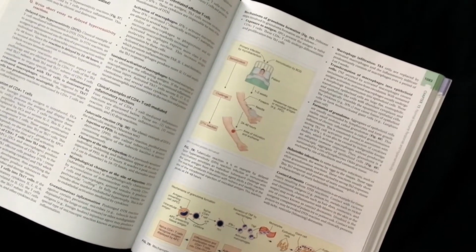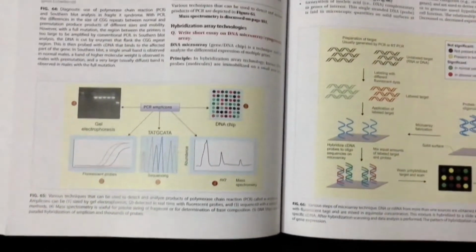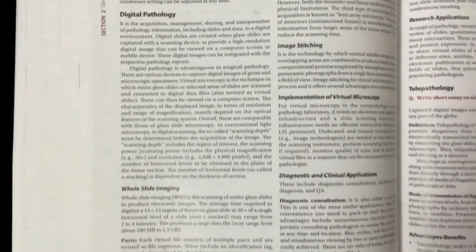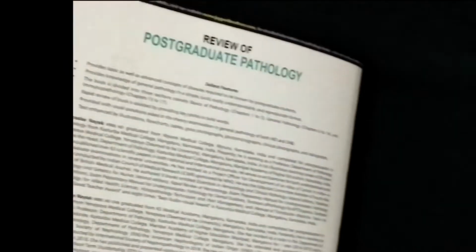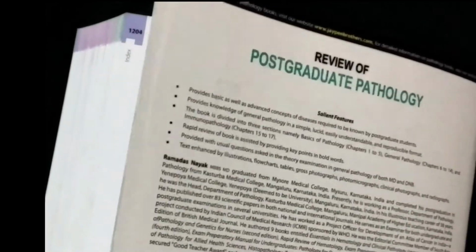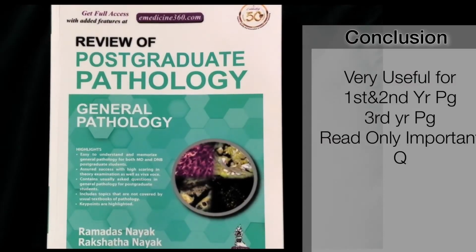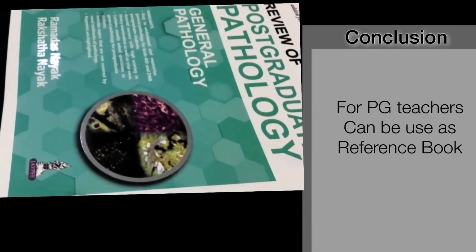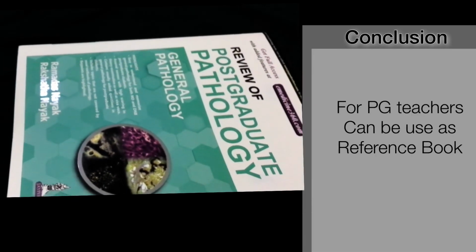It also covers recent advanced topics and genetic diagnosis very well, like PCR, flow cytometry, and other techniques which are very difficult to read from different places. All these recent topics, including digital pathology, are also covered very well. So if you are a first year or second year PG or have 1 or 2 years in hand, you can go through this book. This book not only covers the basics, but also the recent advances which were asked in previous years and which are not given in any book other than this.